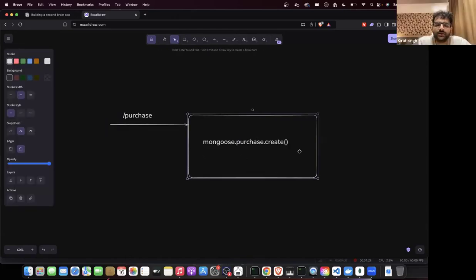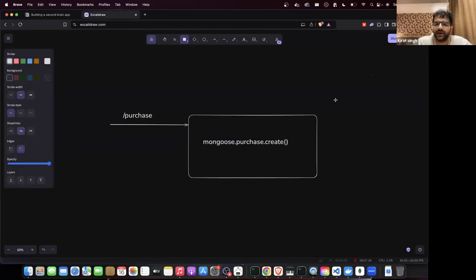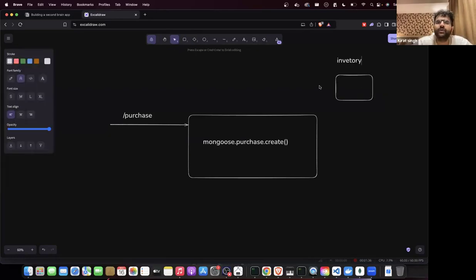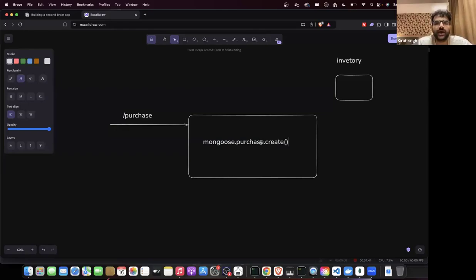You also do, there was one important thing I asked them to do, which was to have an inventory, that only this many courses are available. Have an inventory of courses, similar to an e-commerce website where you will only have 5 t-shirts. You can't sell more than 5 t-shirts. This is a slightly complicated problem. So he did this. He said, I'll do the purchase from here, but I won't reduce the inventory from here.